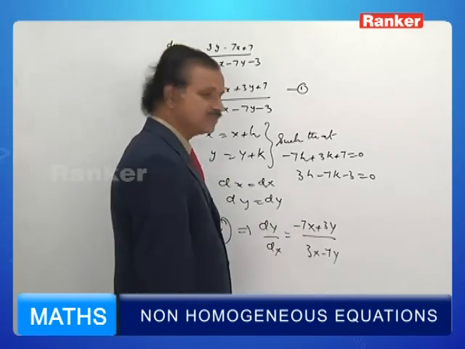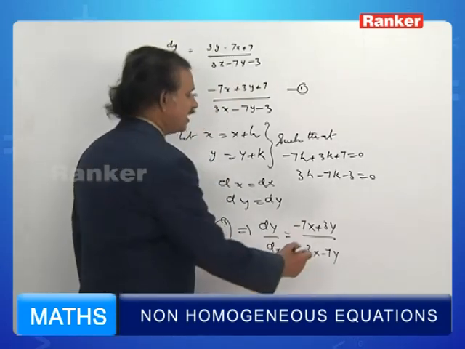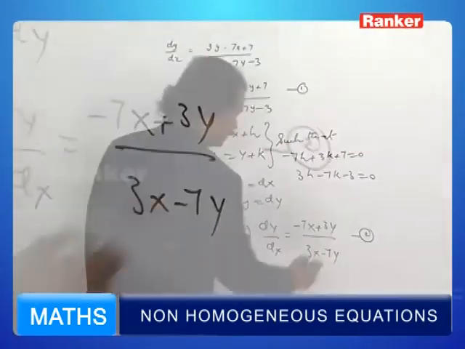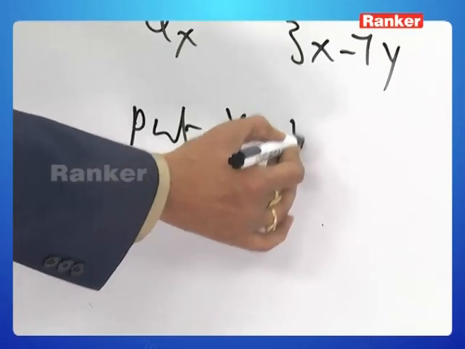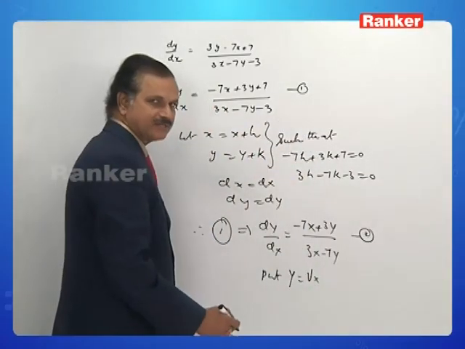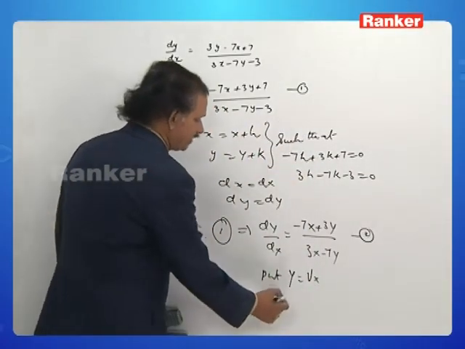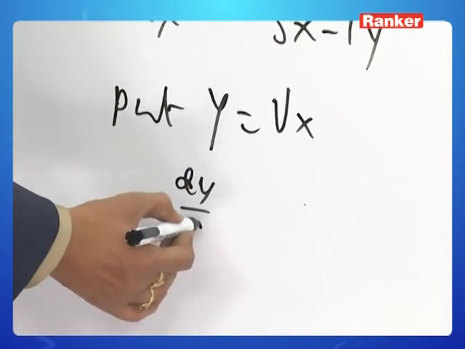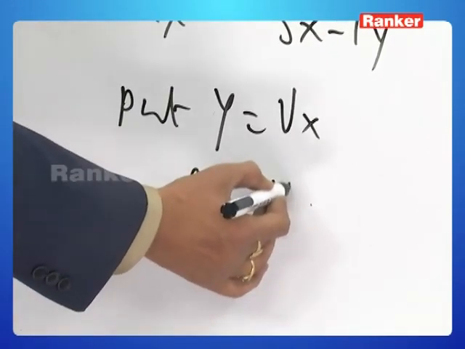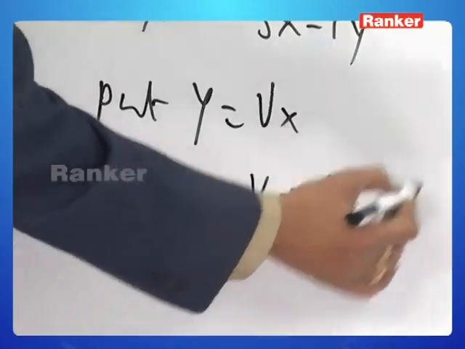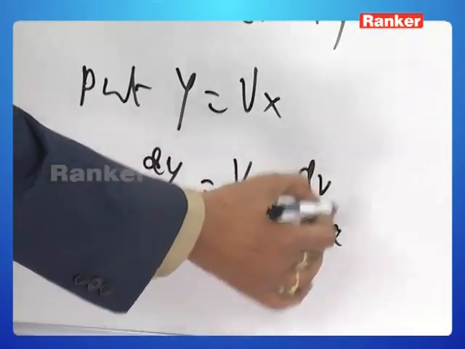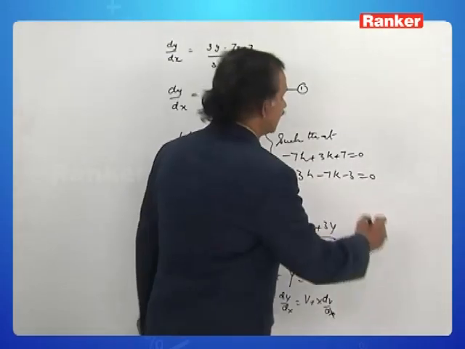Surely this is homogeneous, isn't it? Call this 2. As usual, put Y is equal to vX. Everything is a capital letter. Y is equal to vX. Then dY by dX is equal to v plus X dv by dX, isn't it? So 2 becomes